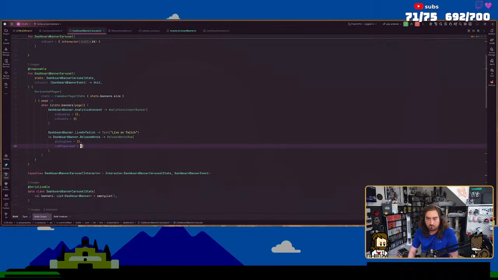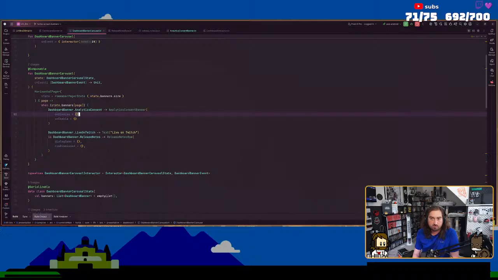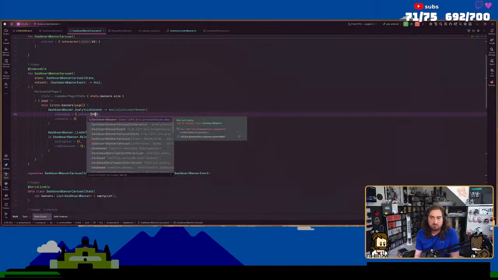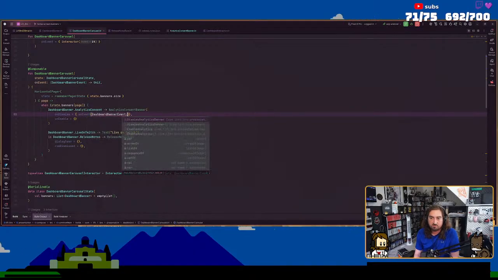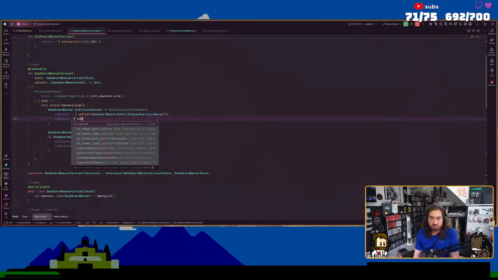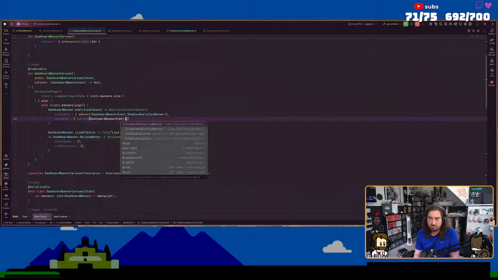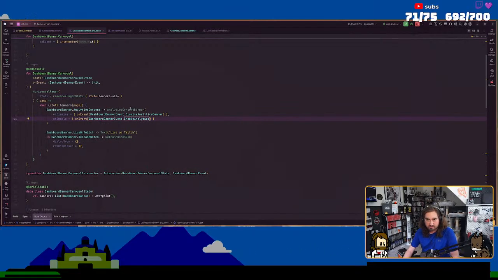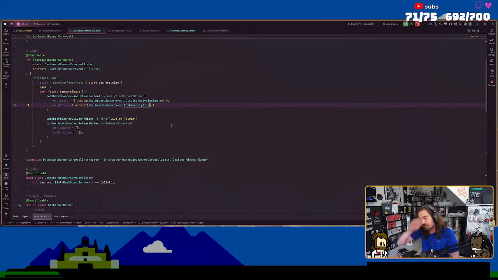Dialog scene row dismissed. So on dismiss, we invoke, on event DBE dot dismiss analytics banner, and then on event DBE dot enable analytics. There we have that. Now we need the release notes.